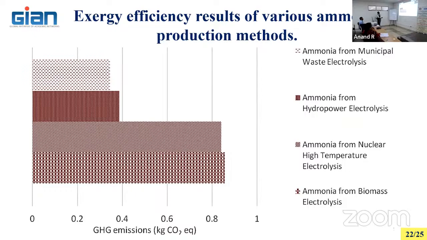Then from hydropower, and what is this? Municipal solid waste. So this is another advantage you can see here. By going for municipal solid waste, you can see that the minimum CO2 emissions are coming out. This is the positive sign. That means you can use the municipal solid waste for producing electricity or heat, and the amount of CO2 that comes out is going to be very low. Because the CO2 emissions are very low, it means most of the constituents present in the municipal solid waste are less carbon in nature.